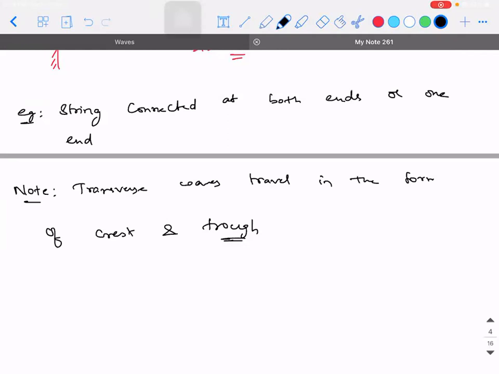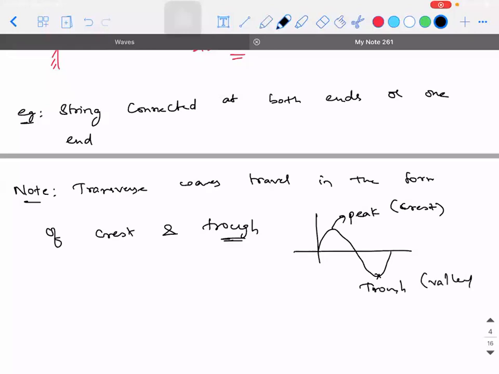So I have a doubt. This crest and trough is what you drew, right, sir, on the right hand side? Crest is the peak and trough is the valley. This is not a commonly used language, that is why I didn't use it. Crest is nothing but the peak. Trough is the valley, that is the depression. Okay, sir, understood. Got it?